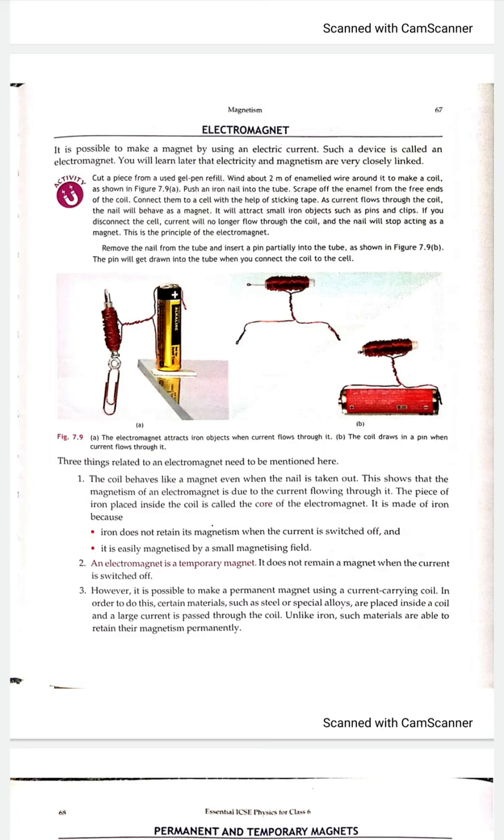So an electromagnet is a temporary magnet which switches itself off when the current is switched off. But if you pass a stronger current through the coil, it will also produce a stronger magnetic field. These types of electromagnets are used to produce permanent magnets which are used for many practical purposes.